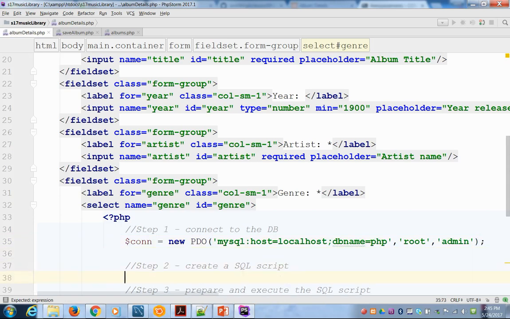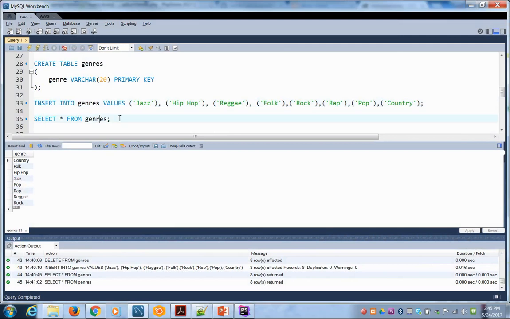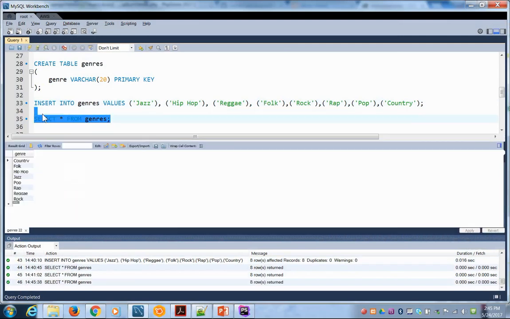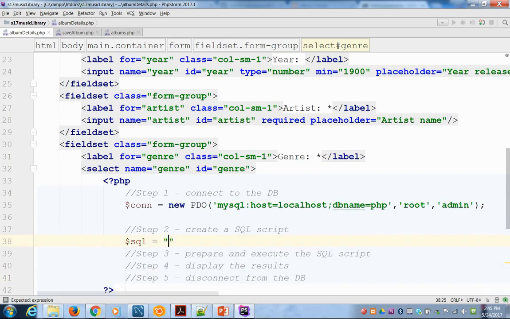And then our SQL script. If we go back to Workbench here, we basically want this. We want to select star from genres, right? So let's do that. Say SQL equals,